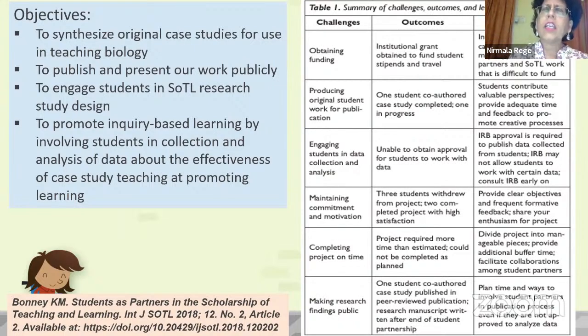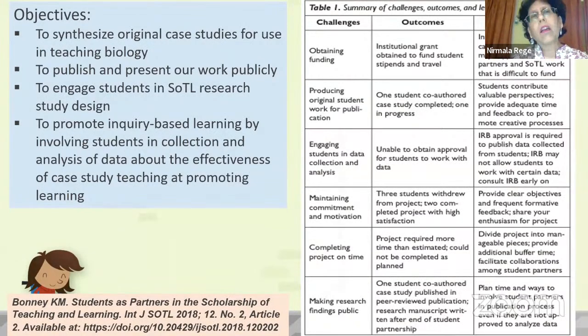Another interesting thing happened: when these cases were put forward for that research project, the university allowed them to have the students as co-investigators. But the ethics committee, or the IRB, mentioned that they can't have access to the data collected because it is the data of their peers, and that is ethically not correct. And some of the IRBs at other institutions are also of that opinion. So when you are taking students as partners, this could be one of the ethical issues.